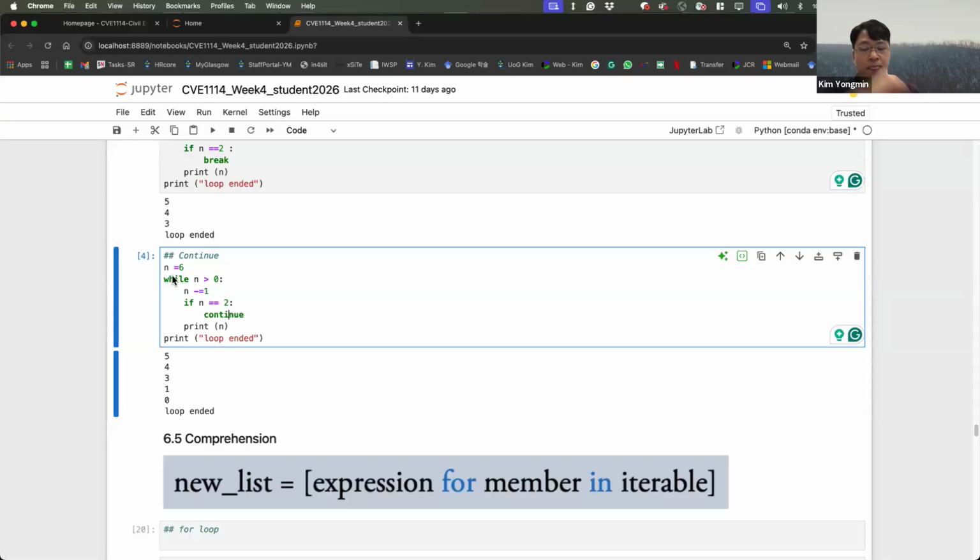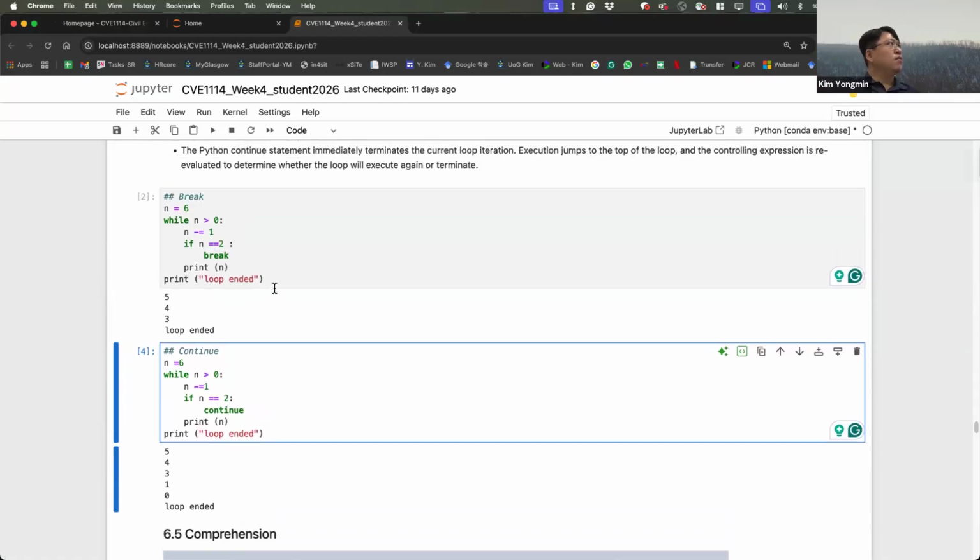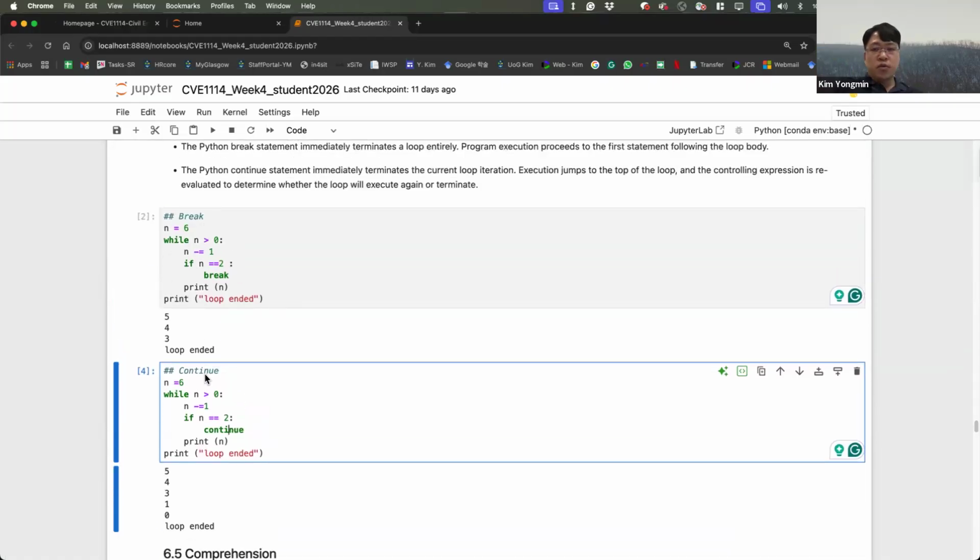It means that printing out number 2 will be skipped. So with break and continue, sometimes we terminate at a certain point, and sometimes we omit certain statements. In those cases, we use break and continue.